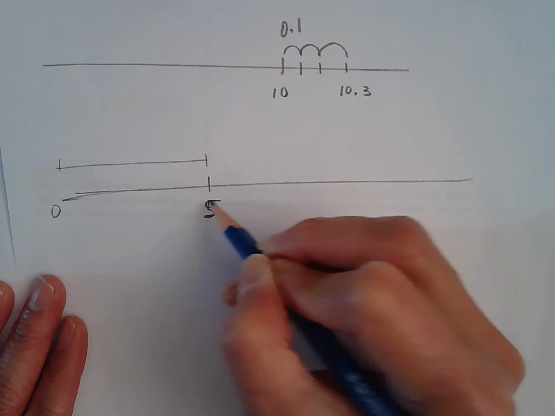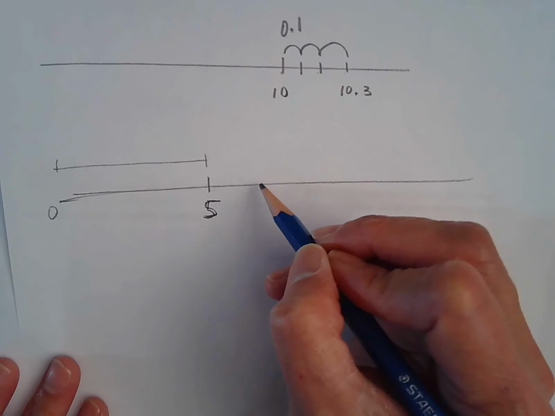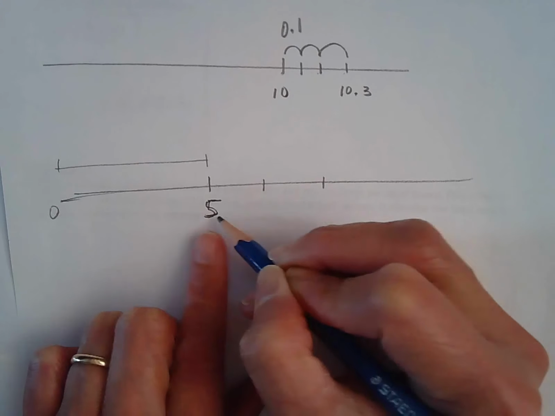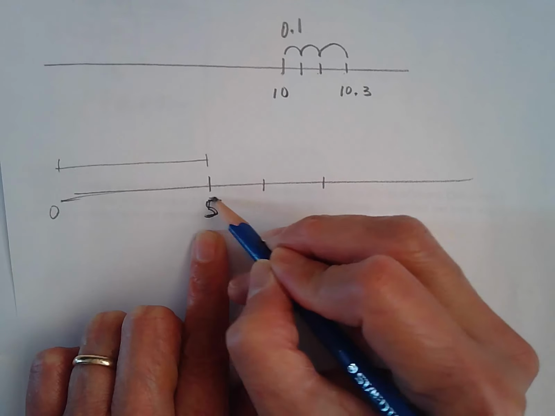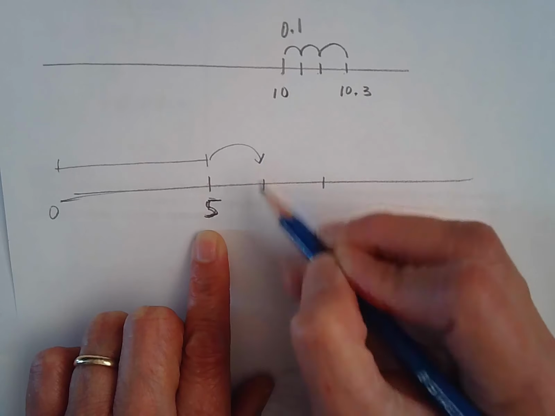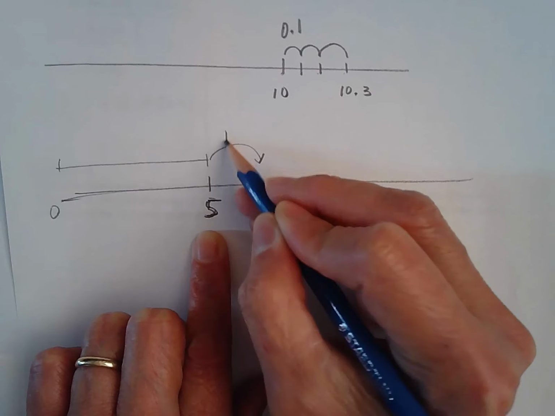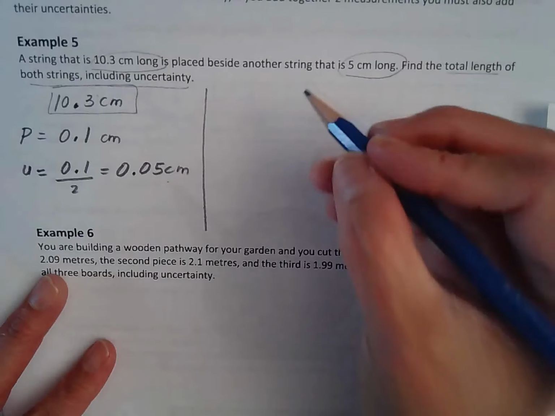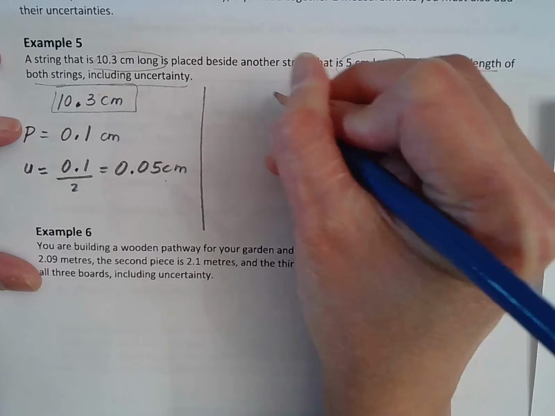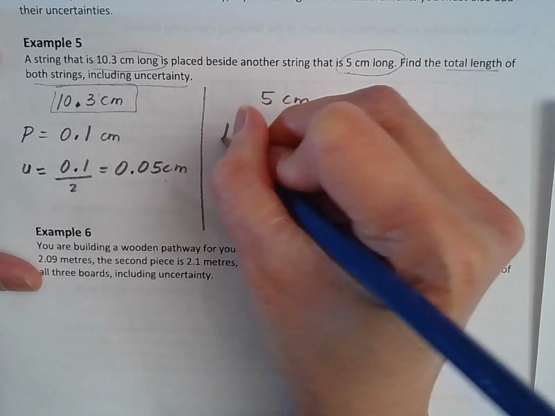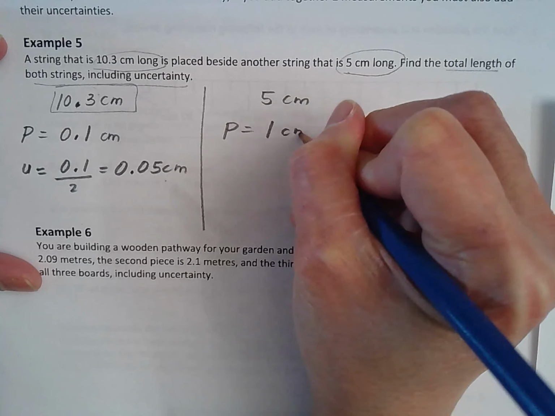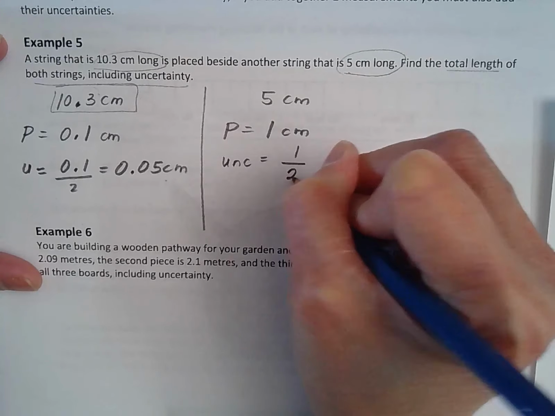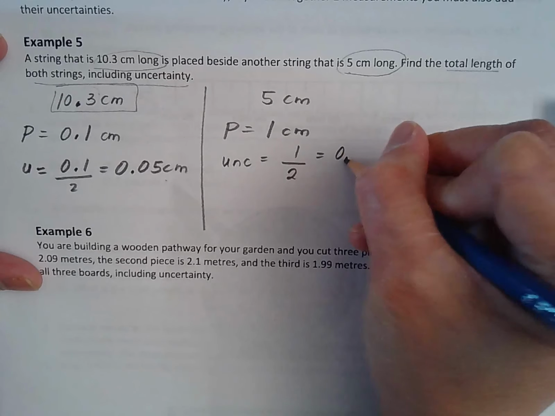Well, if they gave us 5, that means each one has a measurement of 5, but a precision of 1. Okay, so this is the nearest ones. So precision is 1 centimeter. Let's do the uncertainty. 1 divided by 2, which is 0.5